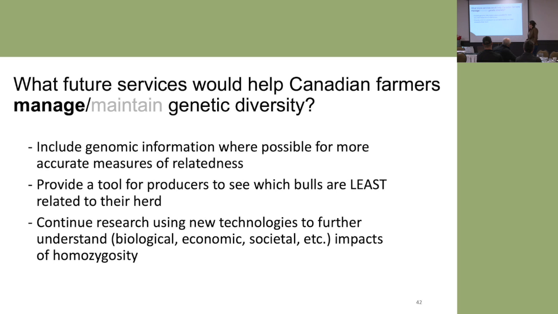I think that for you guys, it would be really useful if you had a tool that could provide you with a list of the bulls that are least related to your herd. And I was kind of scared to write the second part of that sentence on this slide because I'm not sure if I'm going to get lynched after this. But the second part of that sentence would be, comma, that is irrespective of your AI company and of your AI rep. And I'm so sorry, but I want you to think about that.